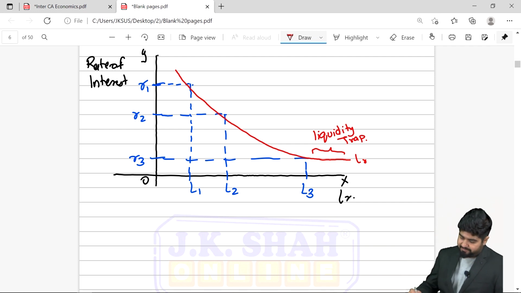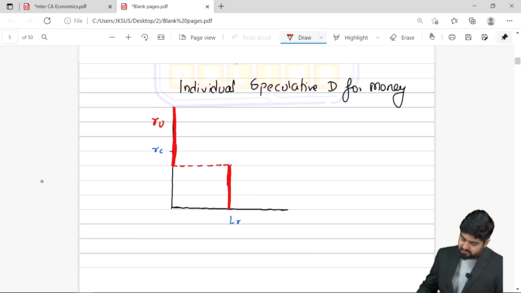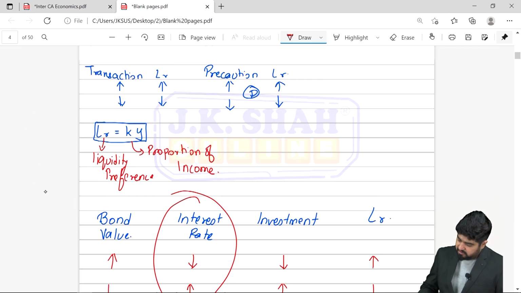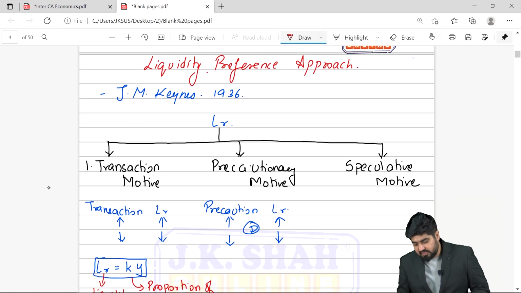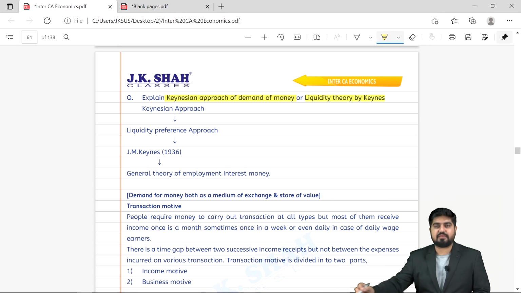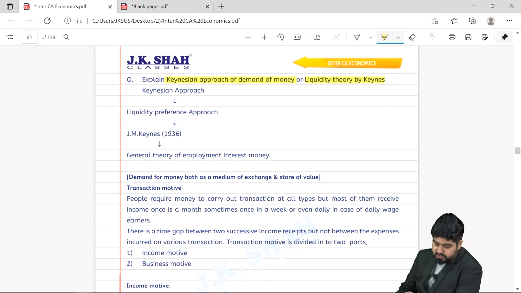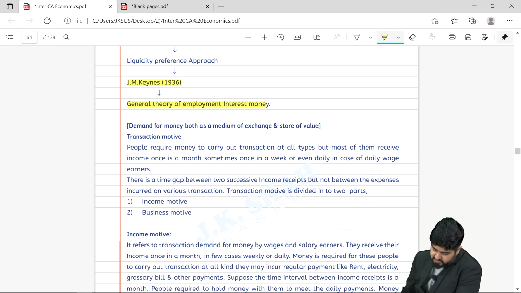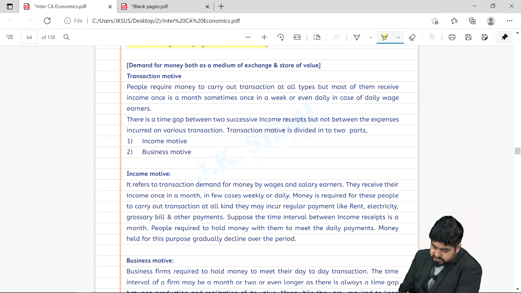That's liquidity trap. I hope, friends, you are very clear in all the three mechanisms here. Very important. This is our liquidity preference approach. We understood the transaction, precautionary and speculative motives. Let's have a look at the theoretical version of the same. So this theory was given by J.M. Keynes in his book General Theory of Employment, Interest and Money. Now, according to J.M. Keynes,